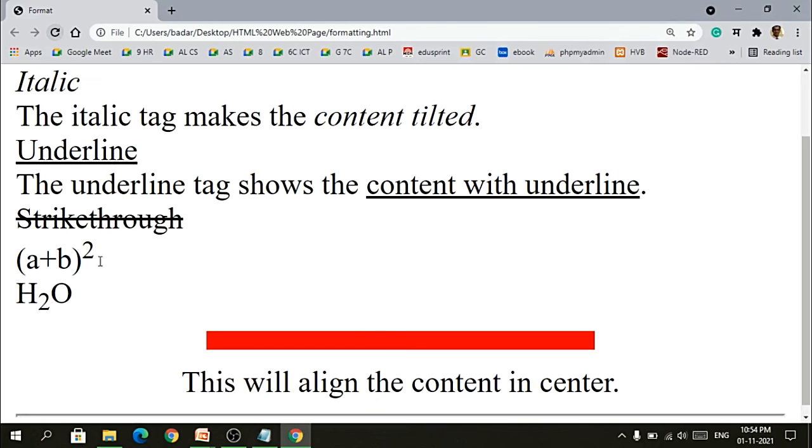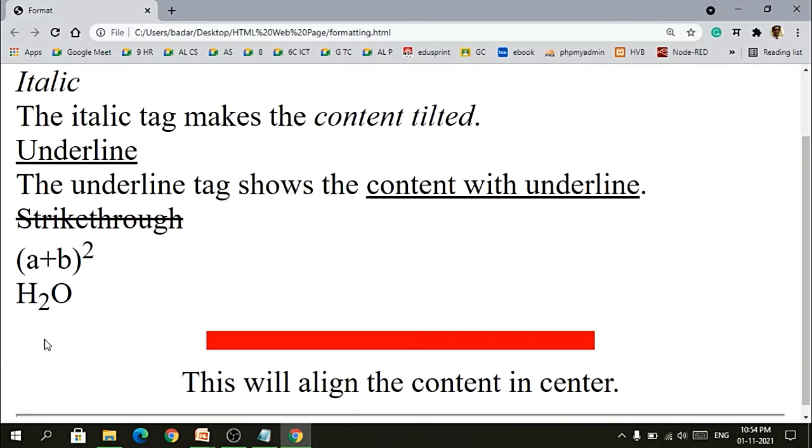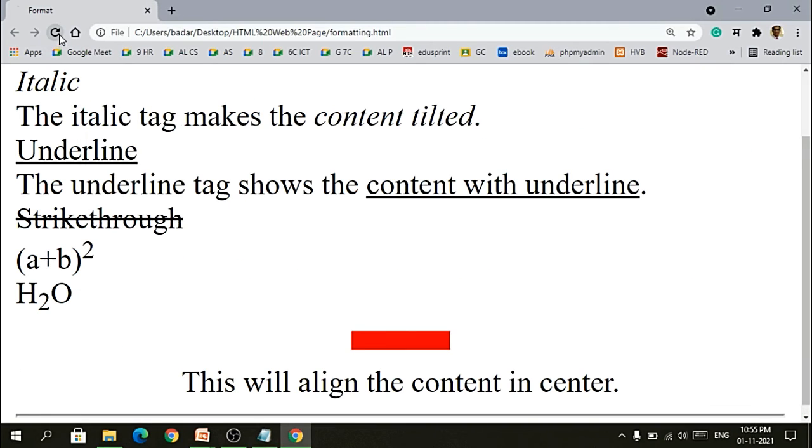Now if I change it into a number, the size will be a little bit different. I saved it and refresh it. So this is basically something which would be coming in 50, but if I say 50%, that would be dividing my screen into the ratio and it would be giving me proper 50% and showing me in the output. So this is something for 50%.